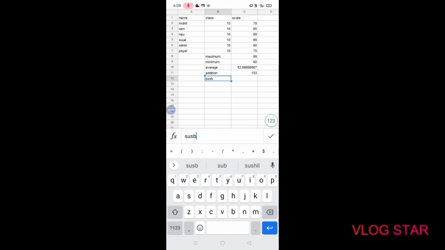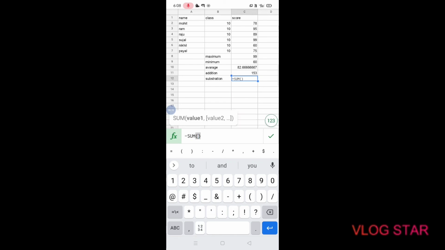Here is a subtraction also. Here you write equals fx, equals SUM. Sum is also here.